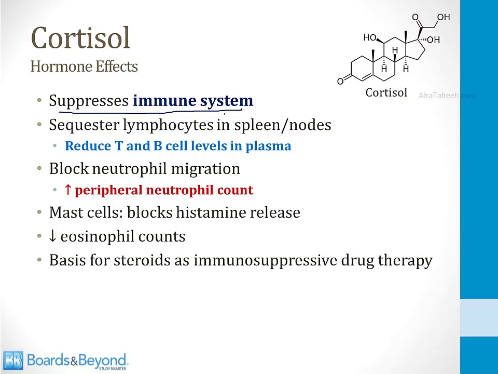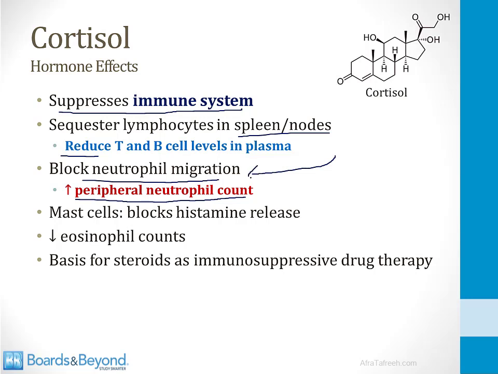So cortisol has been shown to sequester lymphocytes in the spleen and the lymph nodes. If you measure the plasma levels of T and B cells, you will find that they are reduced in patients exposed to high levels of cortisol. Cortisol can also block neutrophil migration out of the vasculature and into tissues. This means that in patients exposed to high levels of cortisol, you will see a rise in the peripheral neutrophil count. This is not because more neutrophils are being synthesized, it's because the neutrophils are trapped in the vasculature and